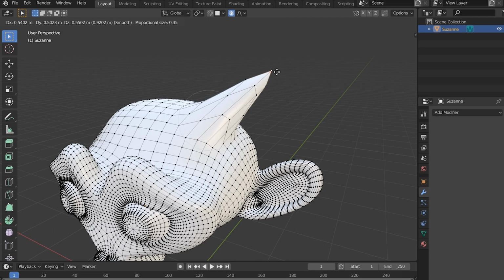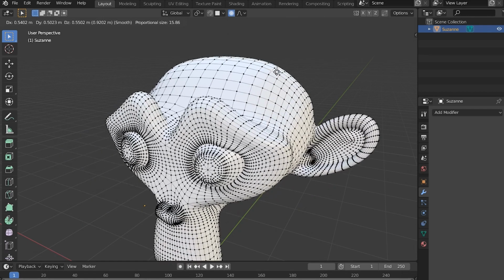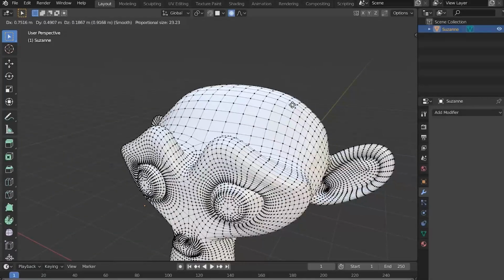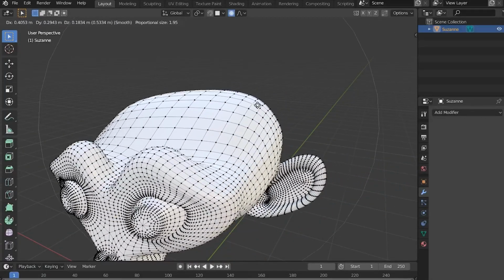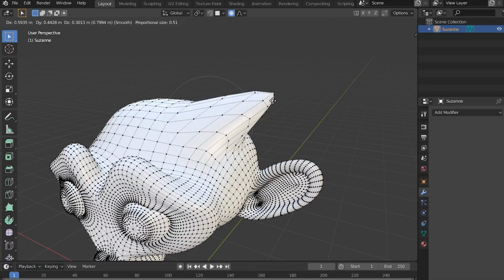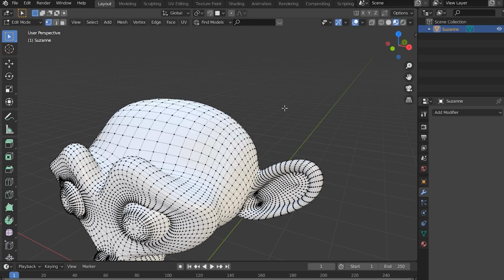If you have a very small mesh, sometimes it'll be really big to start out with, and then it'll move your whole avatar, and then in that case, you just scroll your scroll wheel down until it's the exact proportion that you want. And the way to turn that on and off is with O.